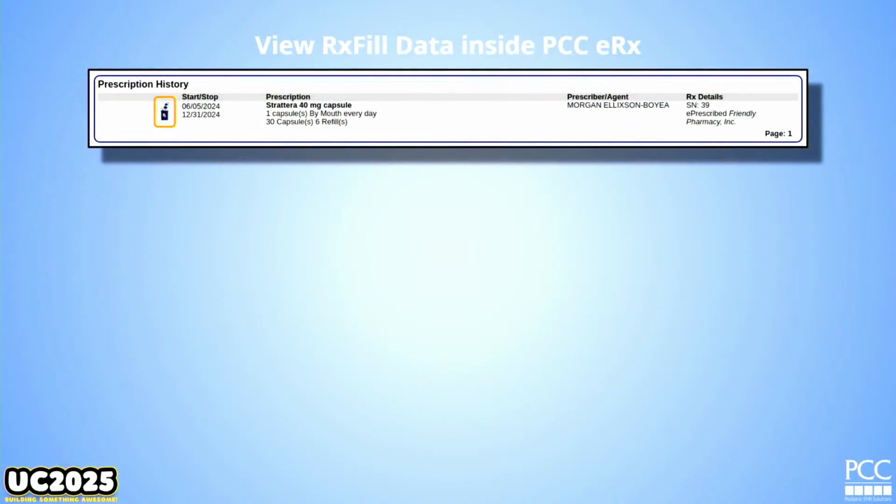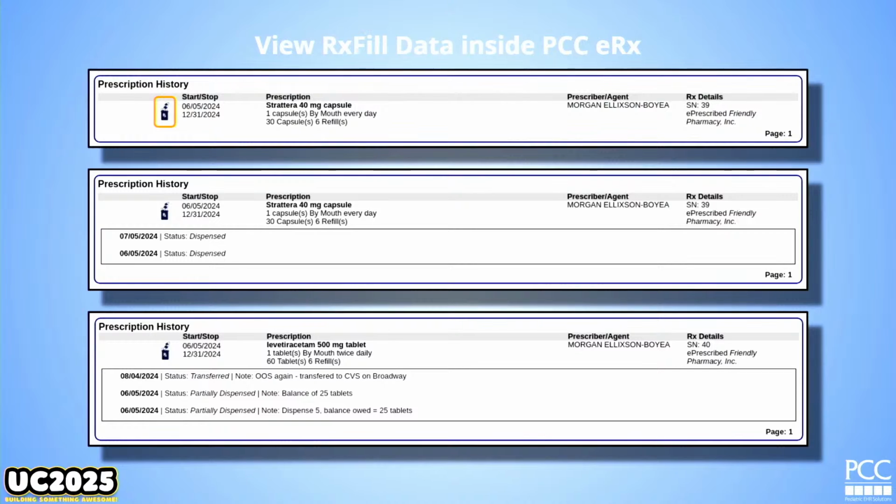Here's one that I think we don't see a lot, but I want to bring your attention to it in case you are seeing that cute little icon. There's something called RxFill. This came out, I'll guess 5 years ago. This is information that when available, the pharmacy will send to SureScripts and then send it to you about what's been going on actually at the pharmacy. So if you see that cute little prescription filling icon, give it a click. And that will tell you what pharmacy it was filled at,